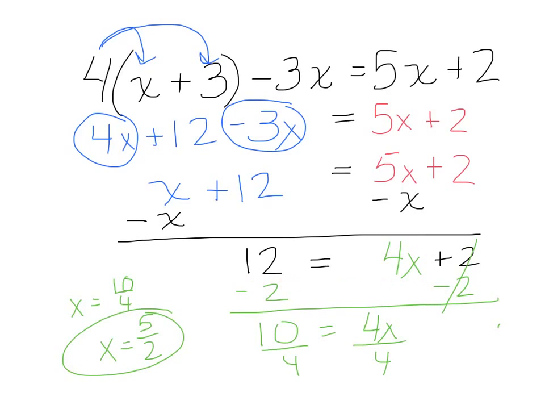Once you start getting really good, but I wouldn't rush it, you could also subtract 2 up here in this step as well. But I think it's a little bit clearer sometimes if you do the variables first, then do the numbers. It saves a little bit of moving everything to one side and then trying to move stuff back and forth a lot. Let's look at an example where we're going to end up with